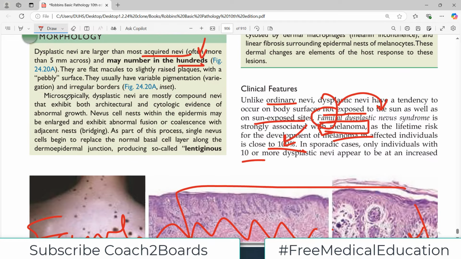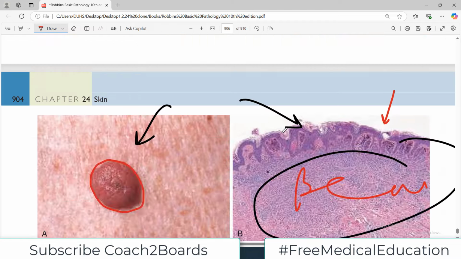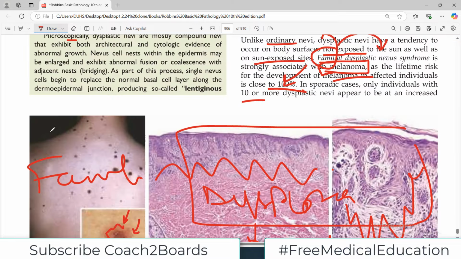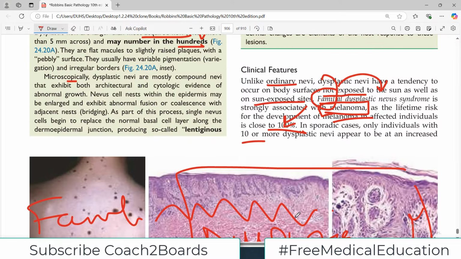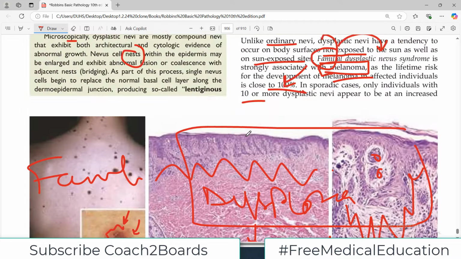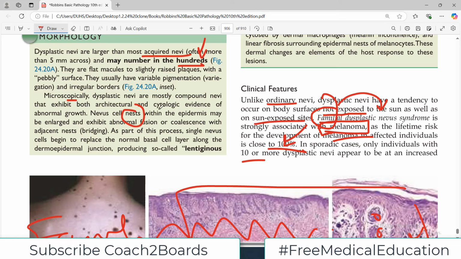Okay, microscopically, dysplastic nevi are mostly compound nevi, and you remember from my discussion of the compound nevus, they are at the dermal epidermal junction, they are in the dermis. So this is what the compound nevus basically looks like. So they are usually compound nevi. Okay, and nevus cells nest, they form nests. You see the nests of cells, right? So it's actually easy to read this and then understand this. It's not too difficult. As part of the process, single nevus cells begin to replace the normal